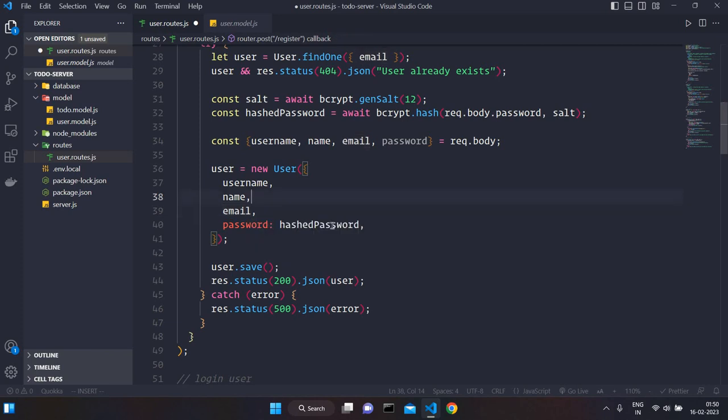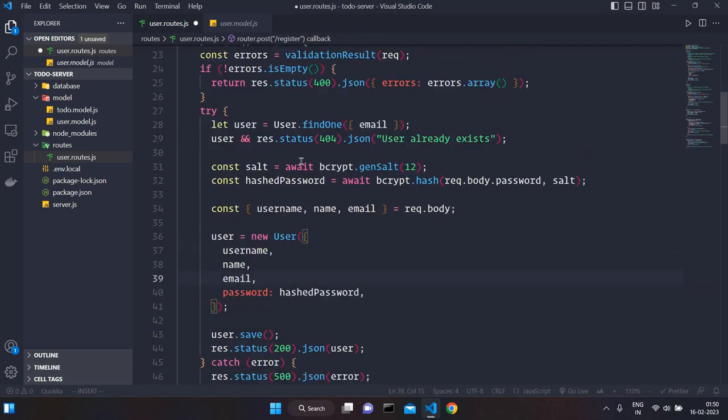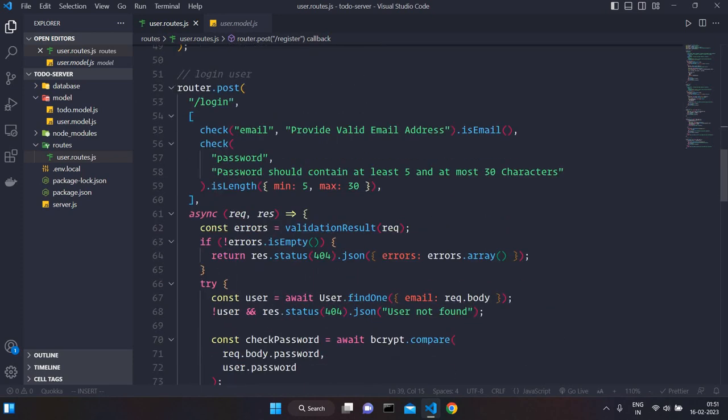And password should be equal to hash password, right? So no need to check it, right? After that we are saving the user and sending the success code of 200 with the information of user, right? After that we have created login